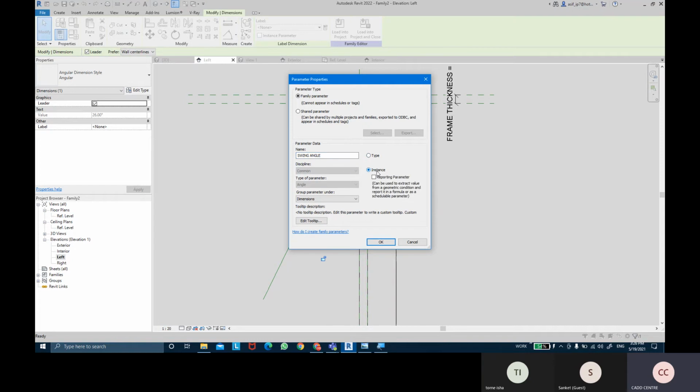and I'm going to keep this as an instance parameter because maybe all the different windows can have different swing angles. If I keep it as type, what will happen is all the windows would have the same swing angle. If I give a 20-degree swing angle, all the windows would have a 20-degree swing angle. If I keep that parameter as instance, I can give one window a 20-degree swing angle and the other 30 degrees, and they both will have separate swing angles. Okay, so better we keep it as instance so that all the windows can have different swing angles, not the same.